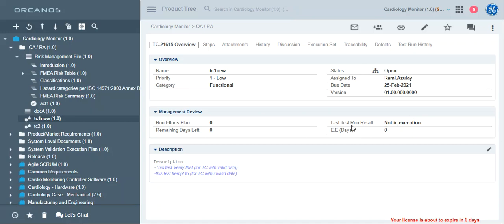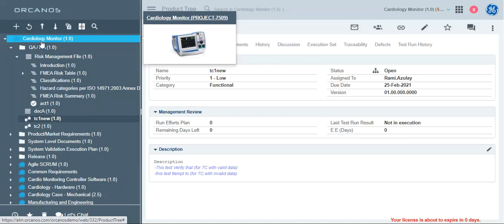Say last test run result is a system field, so it is not editable. Also, the work items or entities which are marked with a blue icon shall not be editable, such as project or